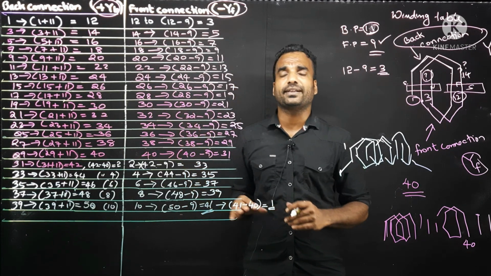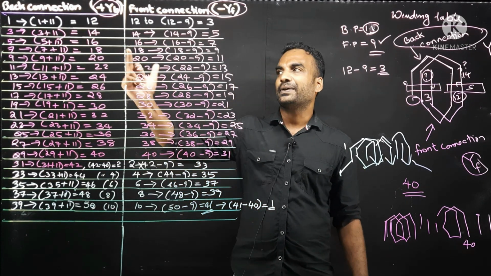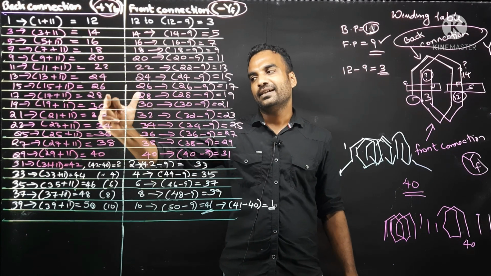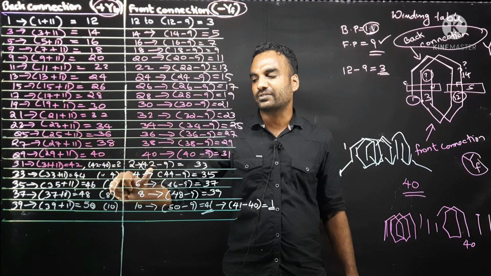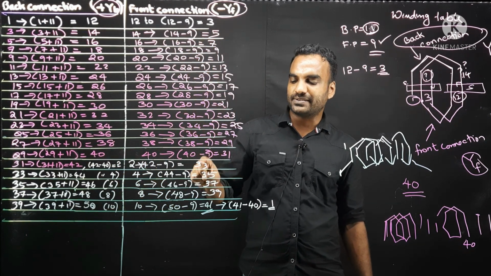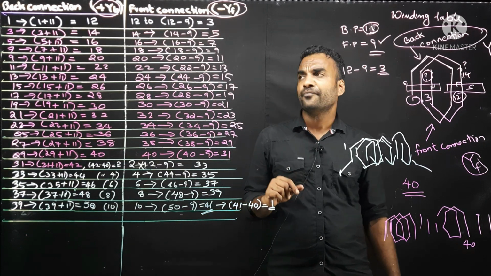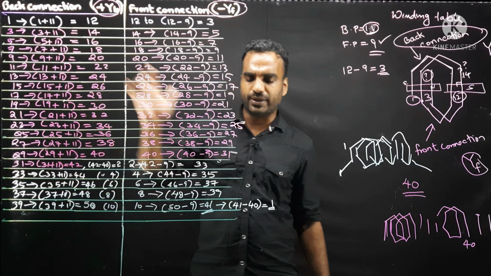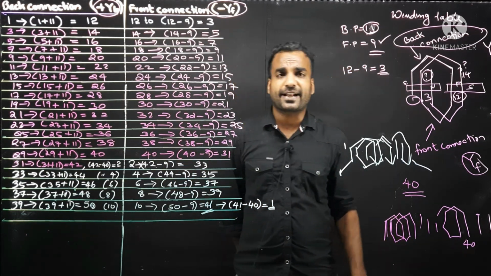So this is the winding table. This is very important, and this is very simple. You can see 12, 14, 16, 18, like that all the numbers come up to 40, and after that it is 2, 4, 6, 8, 10. And on this side 3, 5, 7, all the odd numbers come, and finally it will reach 41, which is nothing but 1 itself. Whenever you get the same value here, you can close the winding diagram. That is the concept.